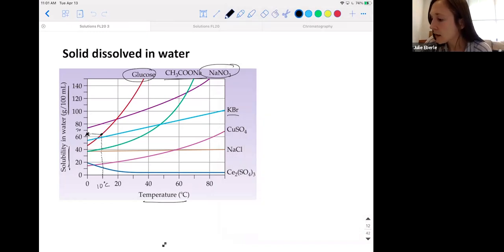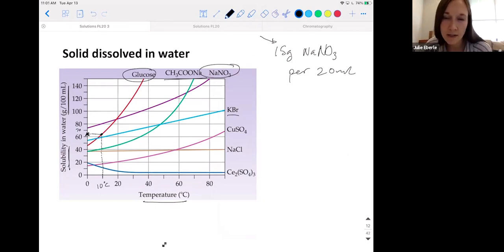It says, oh, you got 15 grams of NaNO3 per 20 mL. Okay, so this number, the number of grams, might be different per 20 mL. And then it says, like 60 or 50 degrees Celsius, is the solution saturated, supersaturated, or not saturated? That's the homework question on your homework. I don't know which number it is, I forget. But